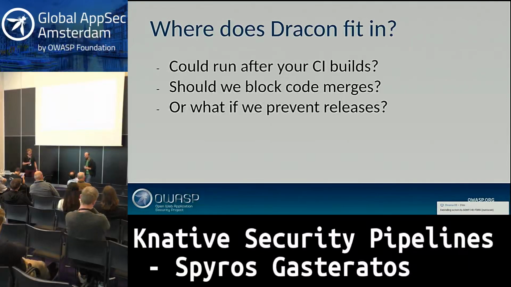More draconian. Yes, exactly. And somebody asked the question, what if we prevent releases? I think we both facepalmed at this point, right? Yeah, the whole security team, the whole company, is very much we want low friction. We don't want to get to the end of the release cycle and be like, oh no, you can't do that. We need to have it right at the start, and the earlier the better.